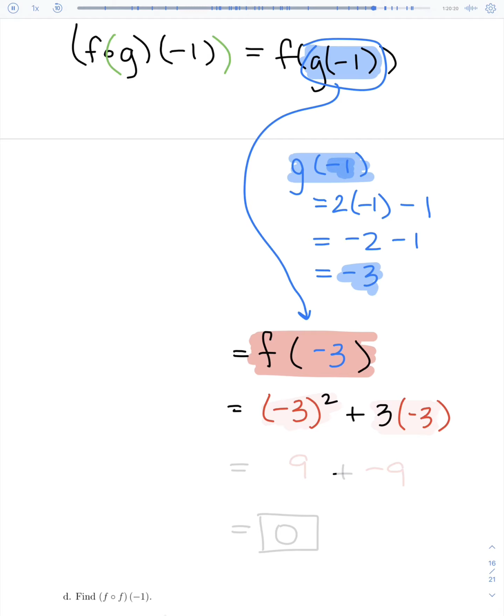And let's see how this works. Well, first of all, we'll have to do exponents first, which is the -3 squared is going to give us a +9. And then plus, we've also got a 3 times a -3, which will give us a -9. So now we've got a +9 plus a -9, which they cancel out. They don't disappear. We still have 0. So we'll get our final answer